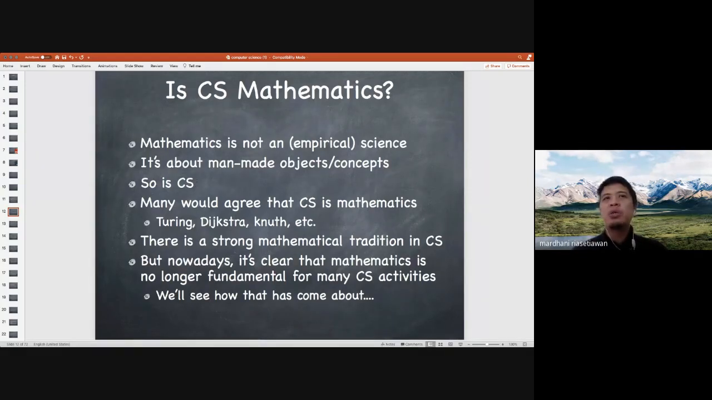So that's why many would agree that computer science is mathematics. That's also why computer science and mathematics are very close. In other words, mathematics has pushed and been the enabler of the development of computer science. The proof of it is you can see from Turing, Dijkstra, Knuth, and others,